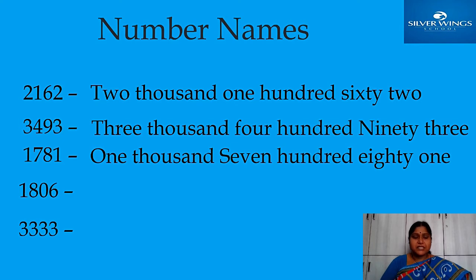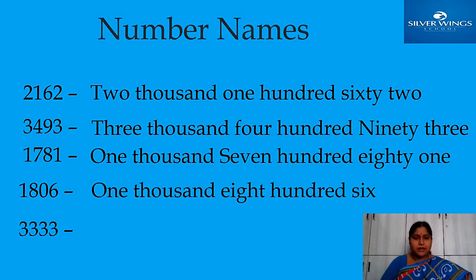Now here which digit is there in thousands place? 1. Then you start with 1806. Here if you observe, any number I did not mention 'and'. Okay, you also no need to write that 'and'. Why? Because that one after I will give explanation. You don't write 'and'. 1806, 1781. Don't write 'and'. Okay.